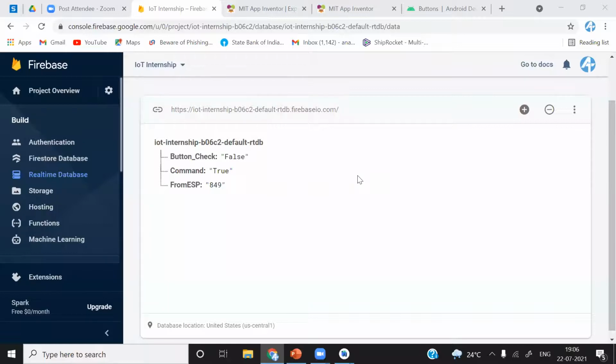Are we going to make an ESP8266 LED on and off using the Android Studio app and Firebase? Yes, tomorrow we are going to do that. The reason behind controlling the LED is just to tell you that you can control ESP8266 however you want using this application. It is not just that you can control an LED; you can send data serially to the microcontroller. You can control any port pin of ESP8266.